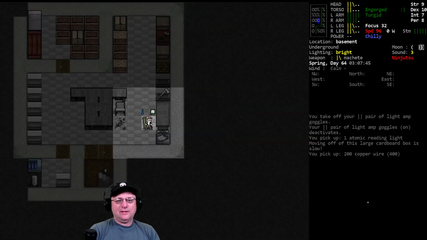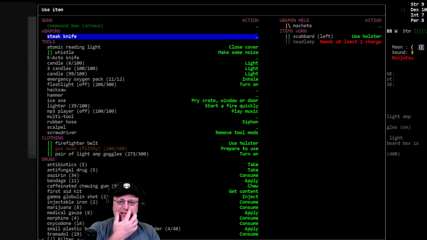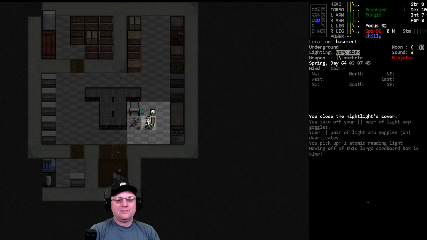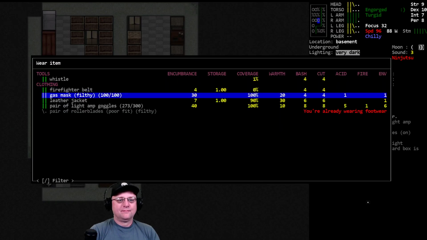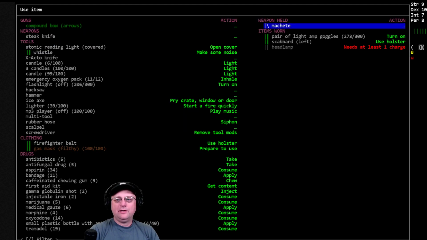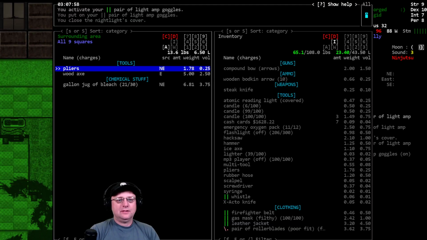Well, that's perfect. That's all I need. I don't really need a lamp. Atomic reading light. Permanent light. That's rare. I very rarely come across any of the atomic stuff. I'm super happy about that. That'll make our lives quite a bit easier. What else? I wish you were...